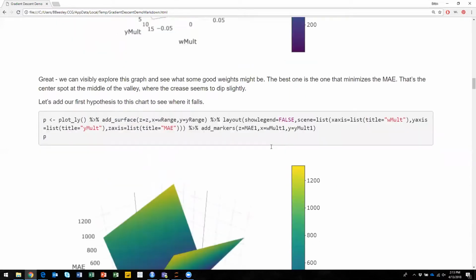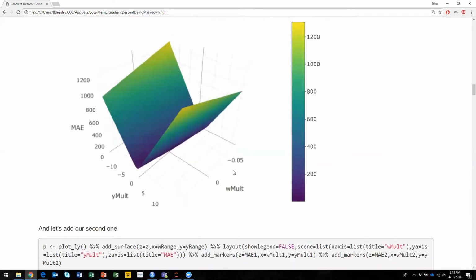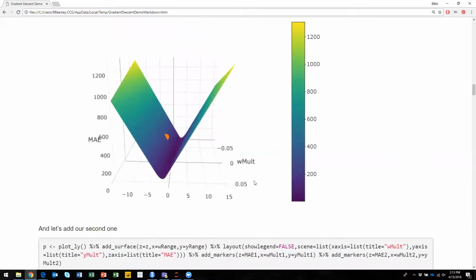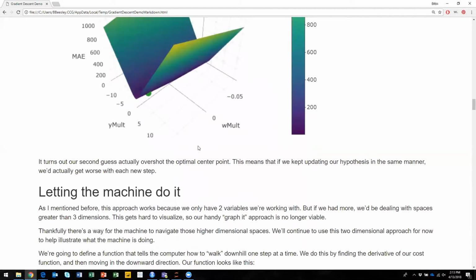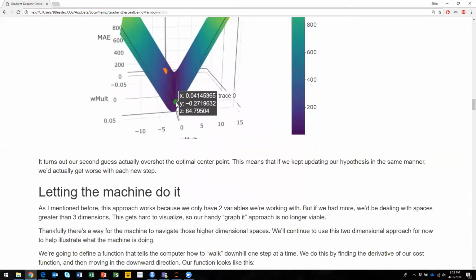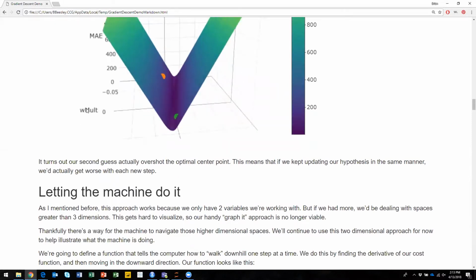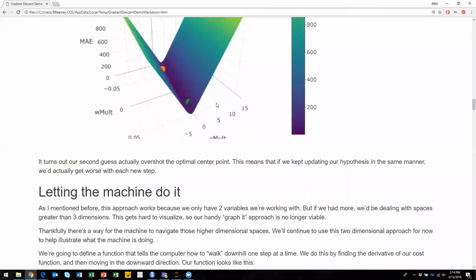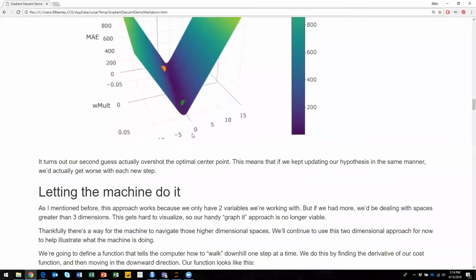We can also take this and look at where our previous 2 predictions were on this curve. So this was our first prediction, it was up here at 250. If we add our second prediction, it's right there. So with our second prediction, we actually overshot the minimum, right? We're on the other side of the valley, and we're on the other side of our minimum point. So if we kept updating it in the same way by continuing to add 1.6 and 0.8 or whatever it is we added, we would actually be getting further away and getting worse.